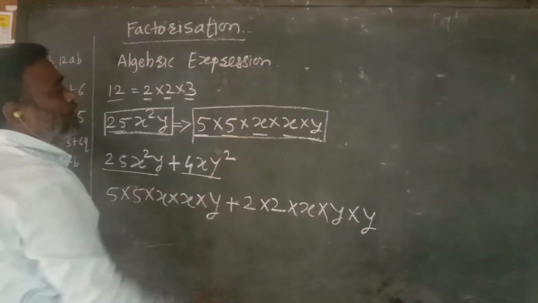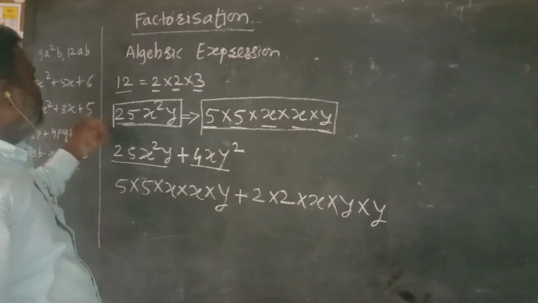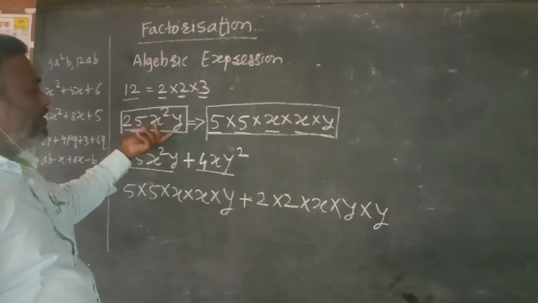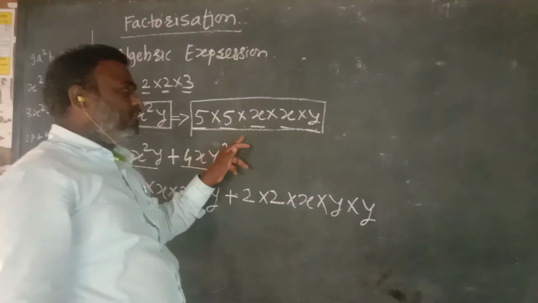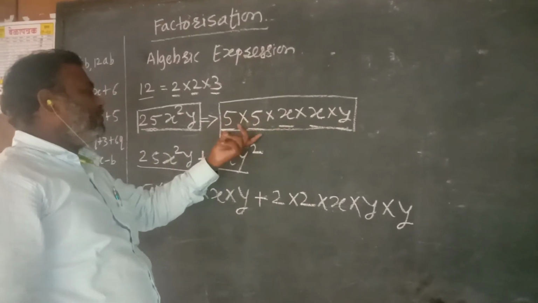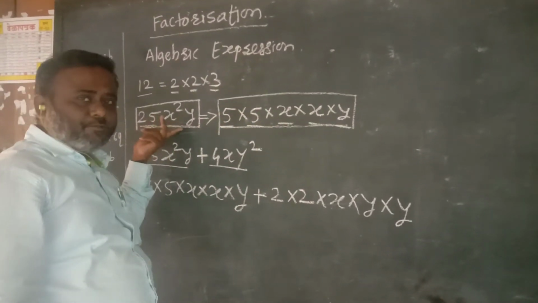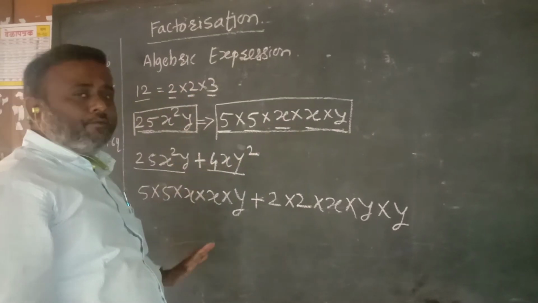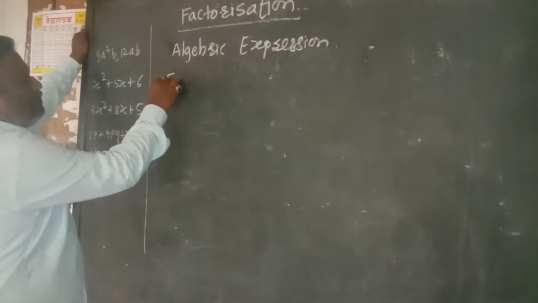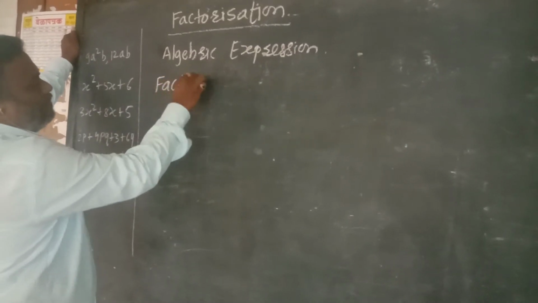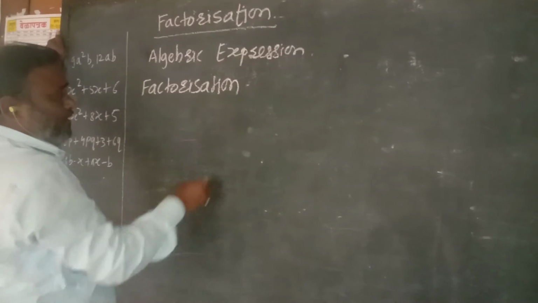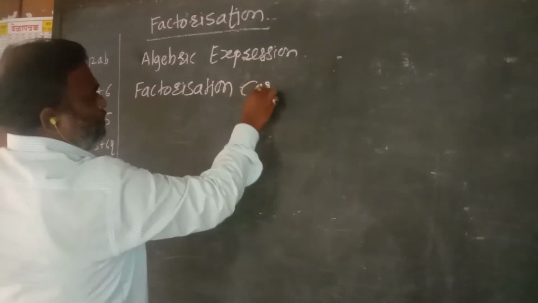This process is called factorization. मतलब कोई भी एक algebraic expression है, उसके फैक्टर अगर निकालना है तो दो या दो से ज़्यादा टर्म्स का मल्टीप्लिकेशन जो होता है वो एक अलजेब्रिक एक्सप्रेशन होता है. इसे कहा जाता है फैक्टराइजेशन. Factorization of any algebraic expression can be carried out by